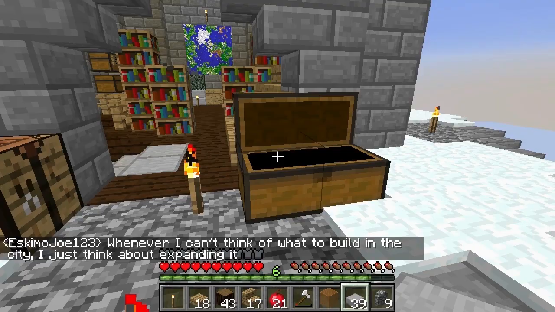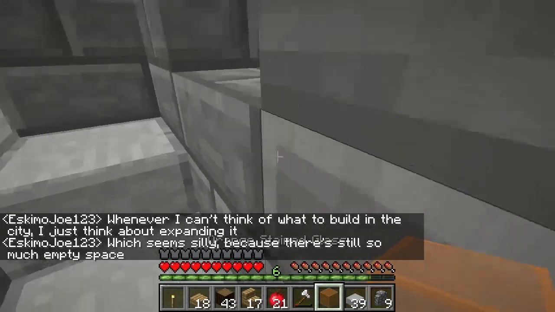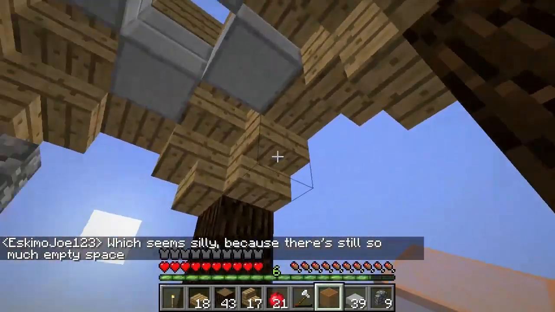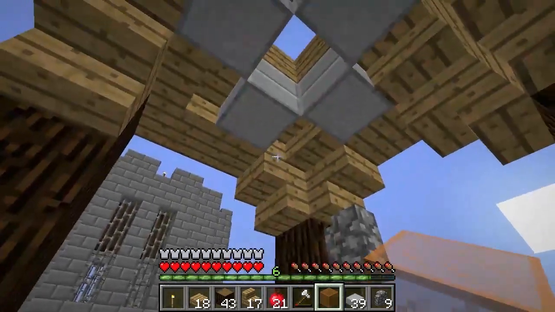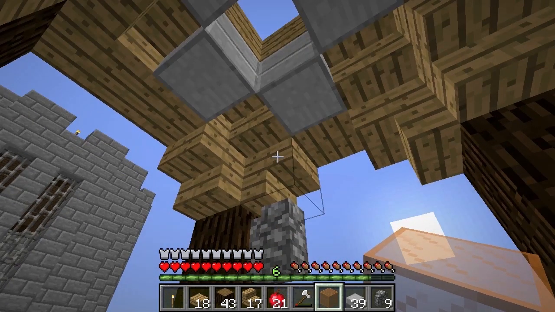Orange stained glass. Whenever I can't think what to build, city, I just think about expanding it. Oh, yeah, we were talking about, there's so much empty space. Yeah, there's a big city, like a modern city. I've talked about this, I think, a couple episodes ago, or a while ago. I talked about a big city, and we're going to go explore that very soon here. Probably like the next week or two, we'll go out there and have an episode where we kind of just...